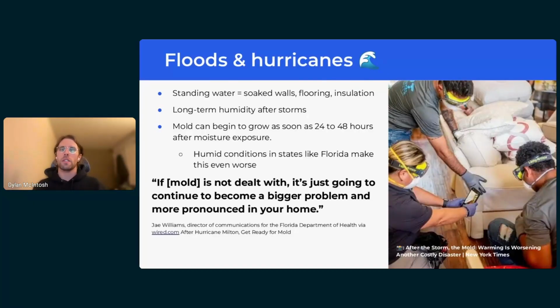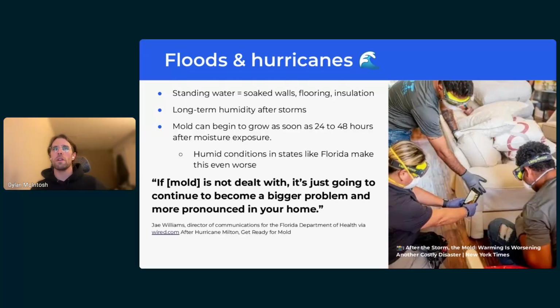Humidity is something that can be contributed to by standing water, but it can also just be environmental. So if you had to evacuate and you haven't been in the home for days or weeks, indoor humidity levels can build, and chronic humidity issues can lead to mold growth without the actual liquid water being present.